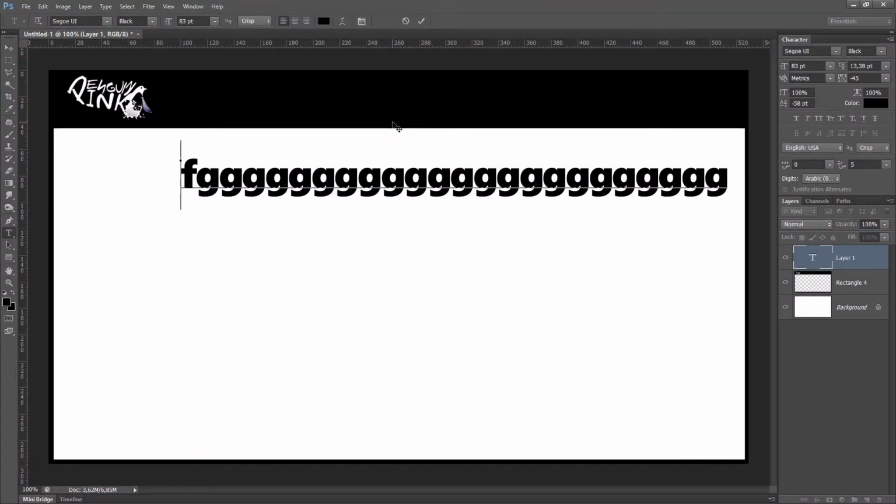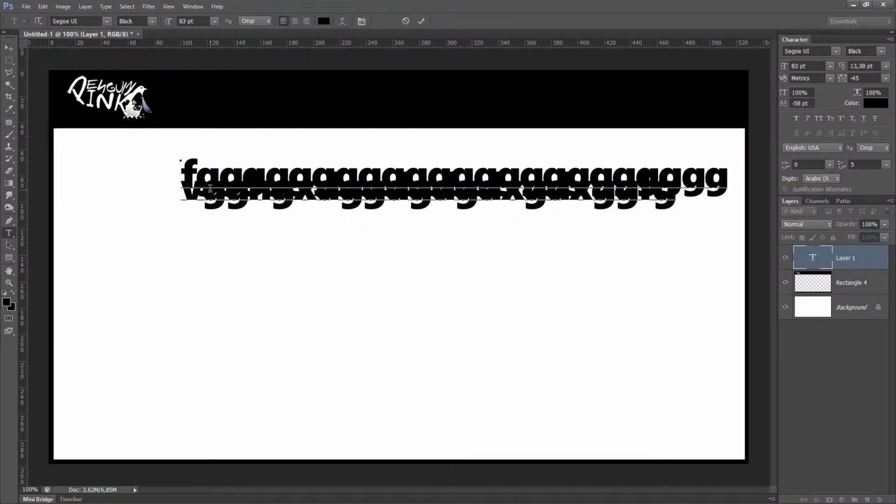Don't worry about that overlapping now, but you won't have a constraint or document bound if you just click and start typing. So I'm going to delete this layer,